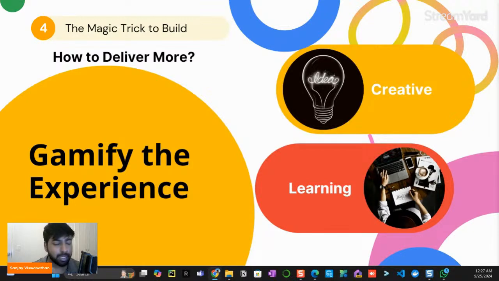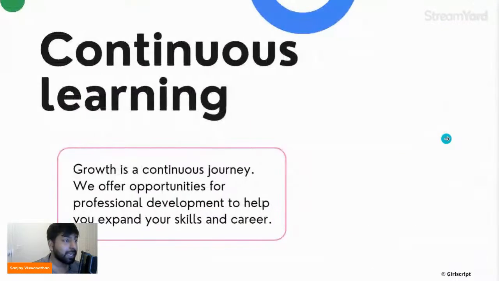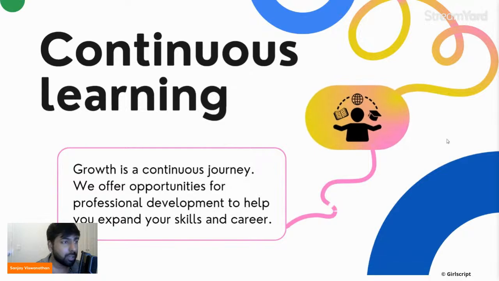So bring in more creative ideas, bring in more learning ideas, and make it more inclusive, belonging to everyone who is good at tech or who is not good at tech. So your idea is to bring people to a coding platform like GitHub and do open source programs. Again, I will be covering a lot on that.